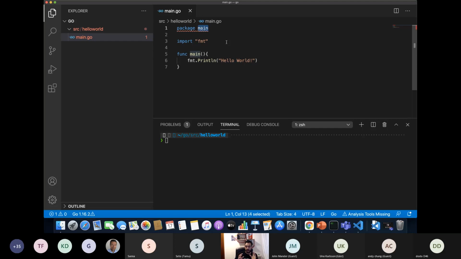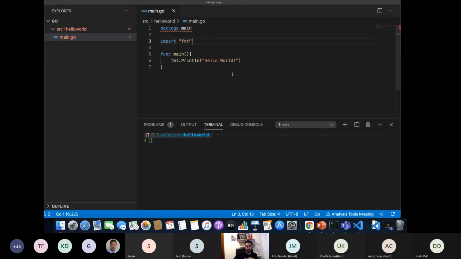The other thing is that when you're creating a main application, you have to have a main function as well. This is like the bootstrap or the starting process where your application is gonna start running. You have here the references for the packages that you're gonna be using, and this is gonna be the print line package.